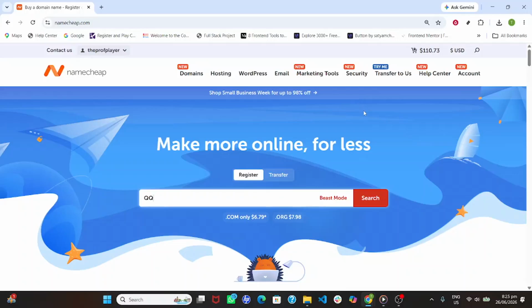Tired of clicking around Namecheap trying to find your domains? I know the feeling. You log in, you know you have domains registered, but the dashboard can feel like a maze. Here's exactly how to pull up your full domain list in seconds. No more hunting. We'll start from the home page, navigate to the domain list, then filter and refresh to see